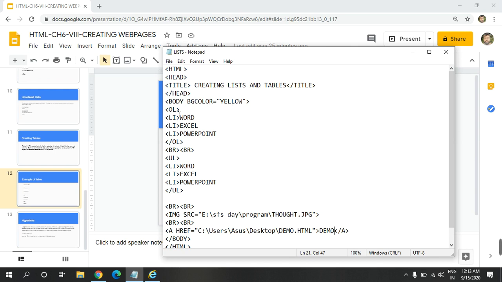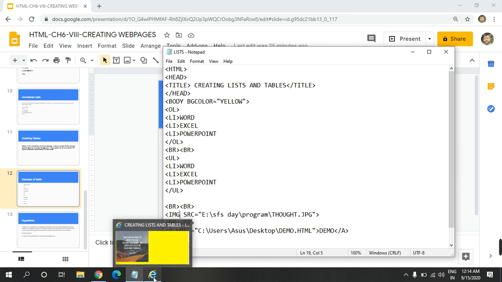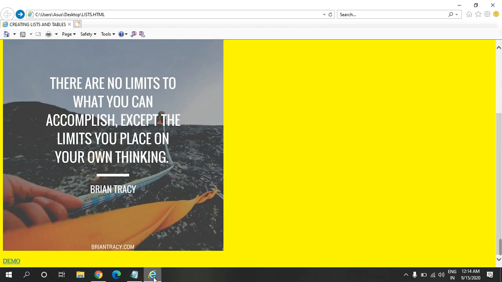Then we have inserted an ordered list, you may see here. Then we have inserted an unordered list. Then we have inserted an image here, and then we have created a hyperlink. So now let us see what is the output of this.